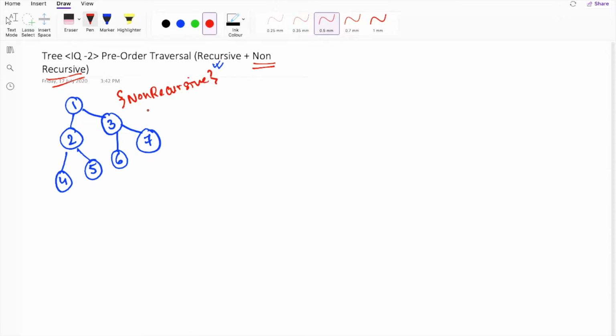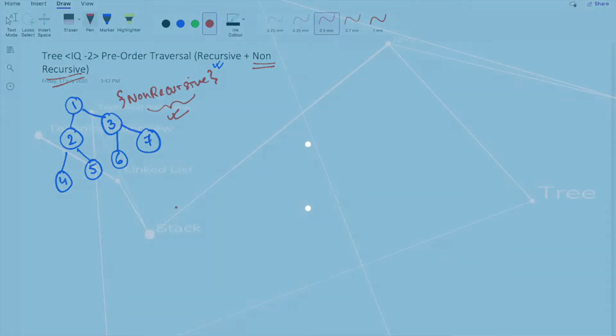because to implement an algorithm using a non-recursive way you need the concept of the data structure, where an interviewer can judge your problem solving ability as well as your concept of data structure. So I would highly recommend you to watch the video till the end so that you know both the recursive and the non-recursive way of solving this problem. So let's start with today's video of pre-order traversing of a tree using recursive and non-recursive approach.